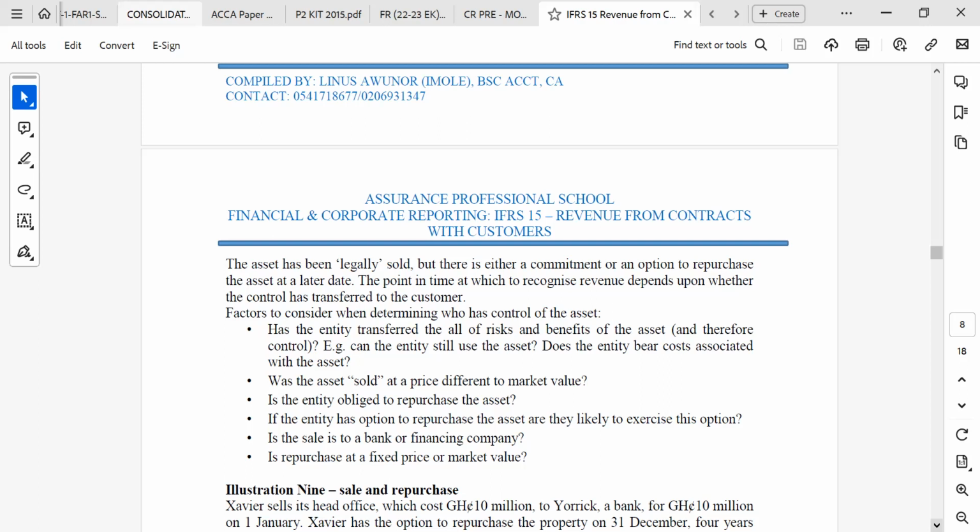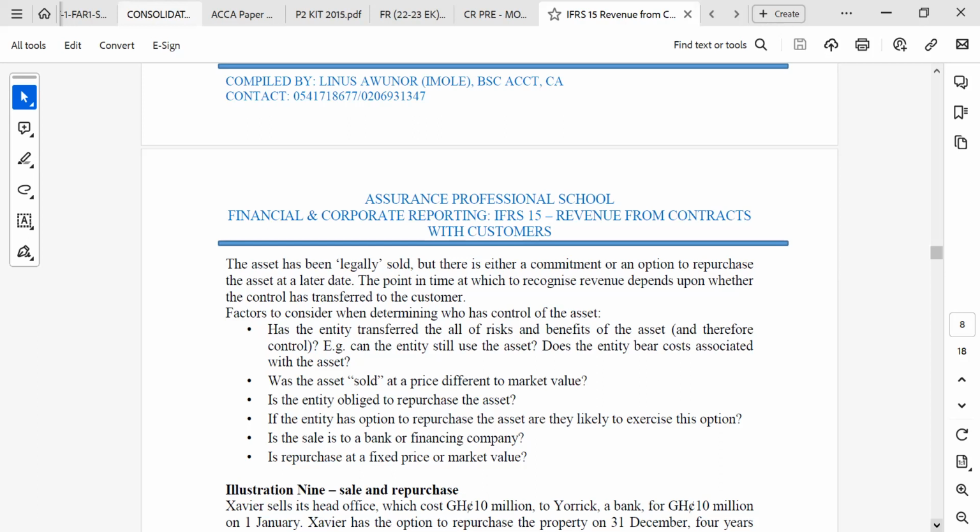Was the asset sold at a price different to market value? So what is the market value of the asset, and at what price are you selling the assets? If you are selling the assets at a value lower than the market value, that cannot be seen as a sale. Or if you're also selling at a price higher than that one, that can also be seen as maybe something